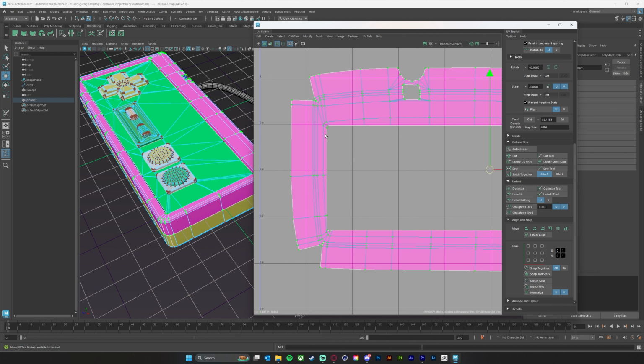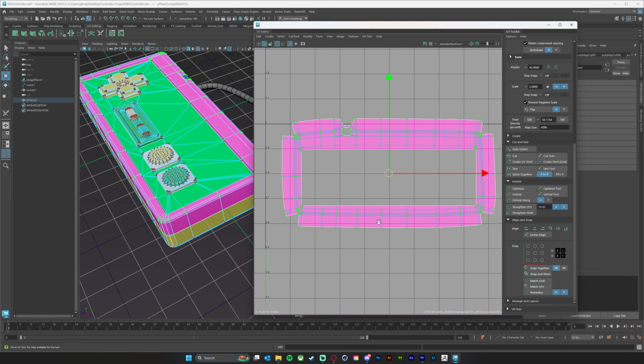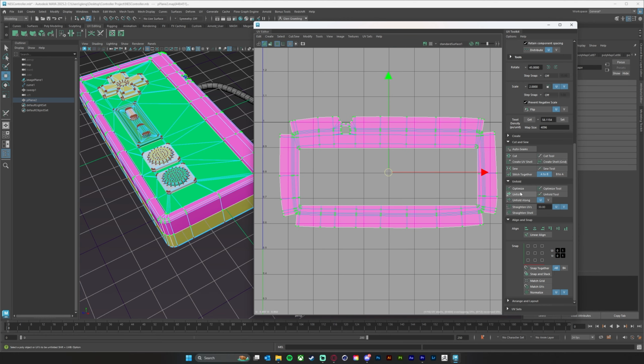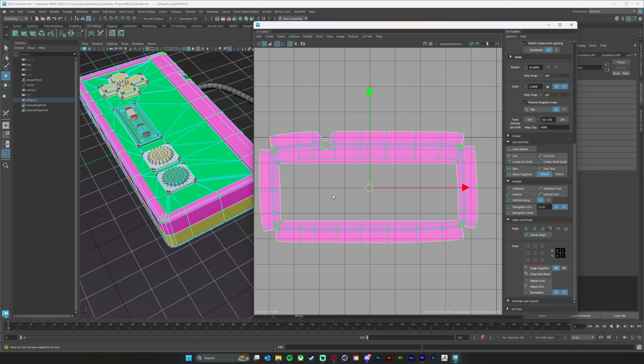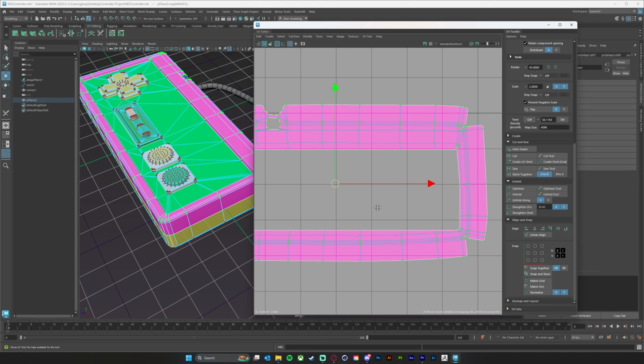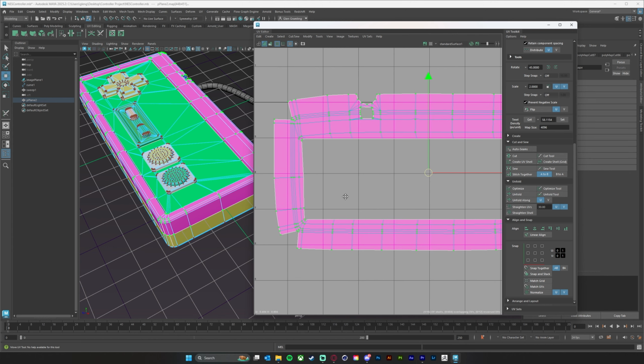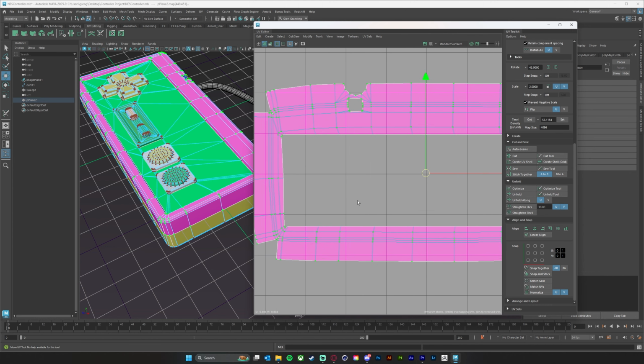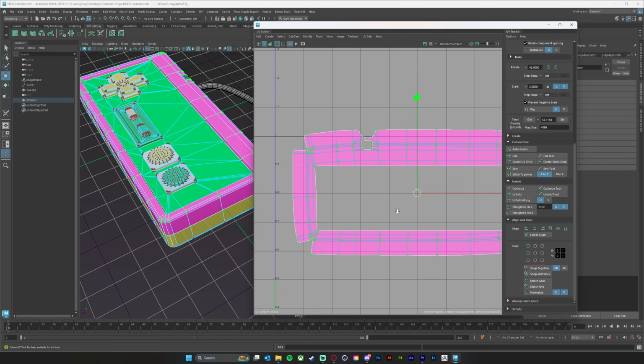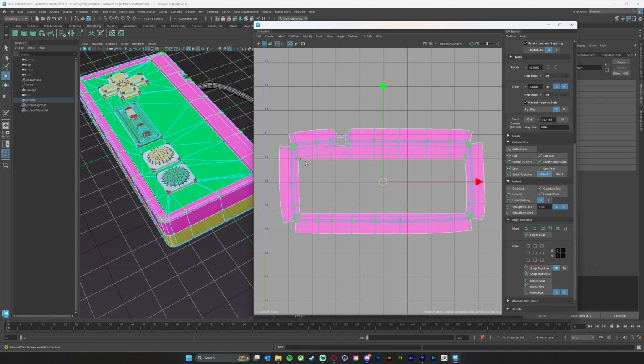And then we'll do an unfold with only those selected. And that will maintain that shape a little bit, as good as possible. I think a good idea here would be to just do one side at a time. So we'll just deselect